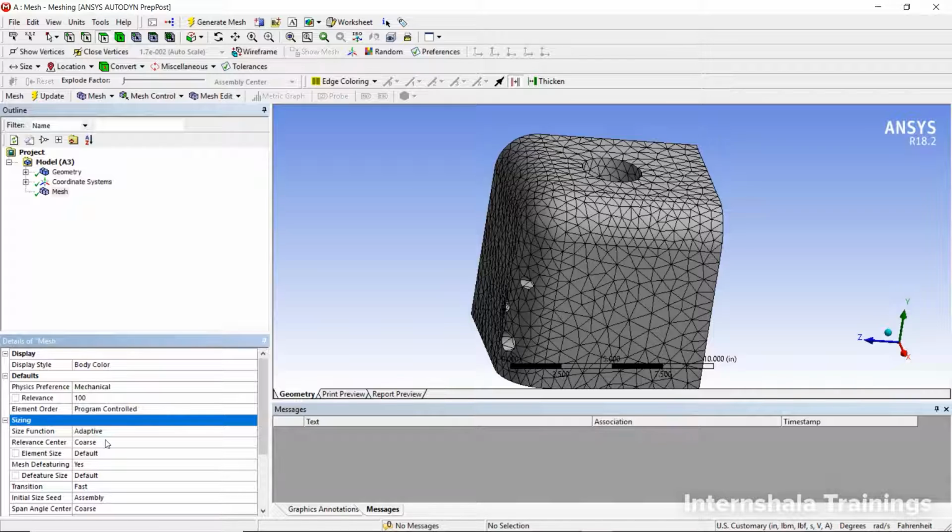Then coming to the next one, you can go to the sizing group. In the sizing group, you have what is known as a relevance center. In the relevance center, you again have three settings. One is coarse, another is medium, and the other is fine. If you want to generate the coarse mesh, you put coarse. And in coarse also, if you put relevance 100, this is the minimum coarse mesh that you can generate